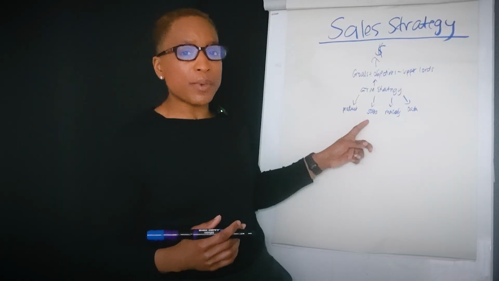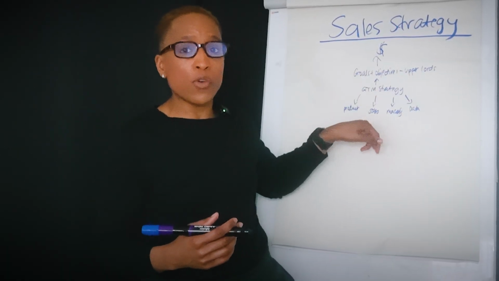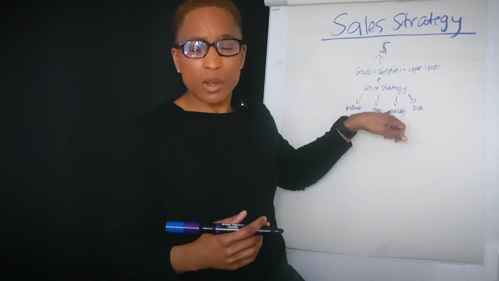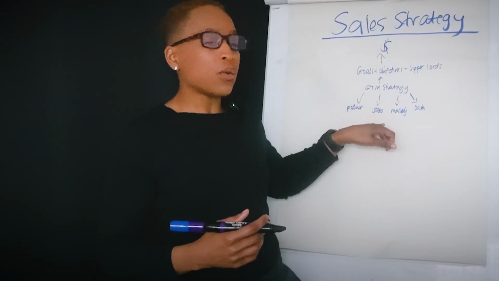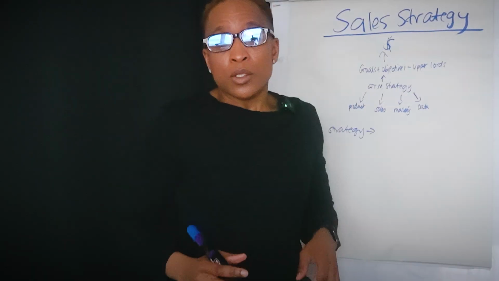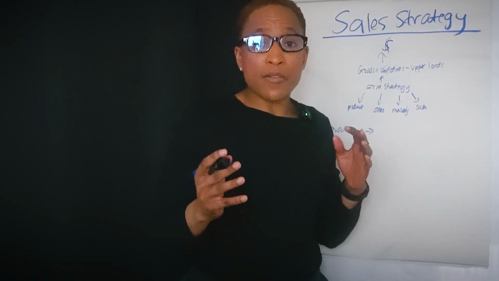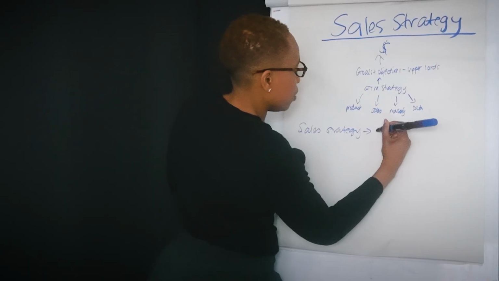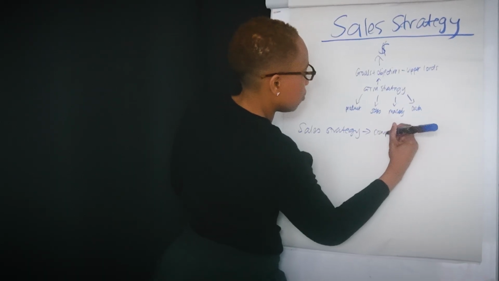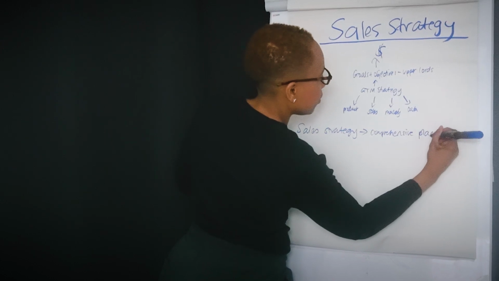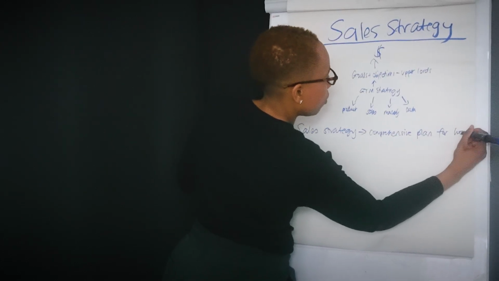So you've really got to make sure that you understand collectively, before you build your plan at your division level, what is happening at the top? What have we really agreed? And can I make sure that whatever I'm building is compliant with that, okay? So now that we know that, your sales strategy is effectively going to be your comprehensive plan. We like to use comprehensive because it's detailed. Comprehensive plan for how you